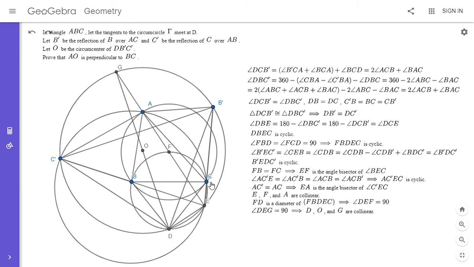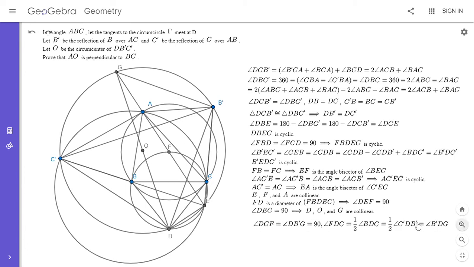And it's not hard to show those are similar, which I'm going to do later. But DB prime G and DCF, there's a spiral similarity that takes one to the other. So if we use the gliding principle, and we let